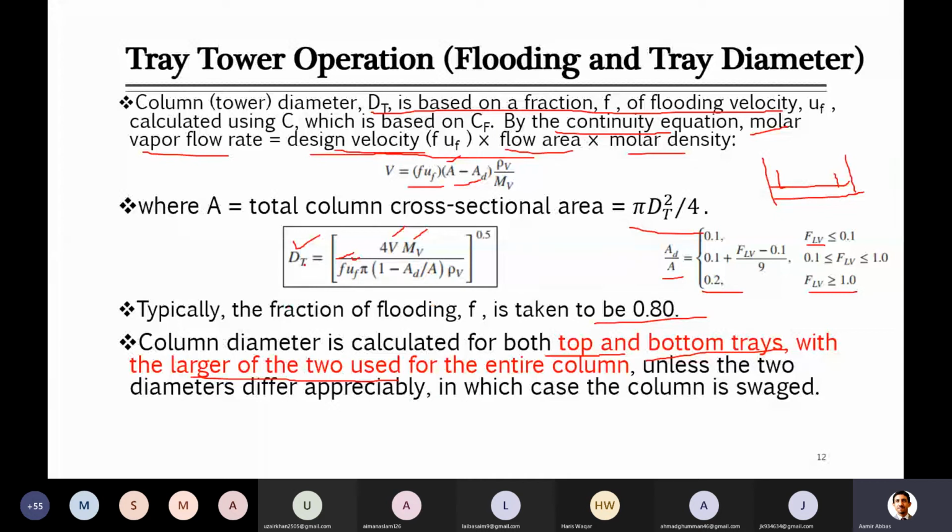Because here the reason to select the large one is because if you take that large diameter, you actually avoid vapor flooding. But if you just design a column based on the smaller one, although in one of the parts, maybe either top or bottom, that smaller diameter column will be okay to go. But if you jump toward the other side where you need the large diameter, and if you have squeezed